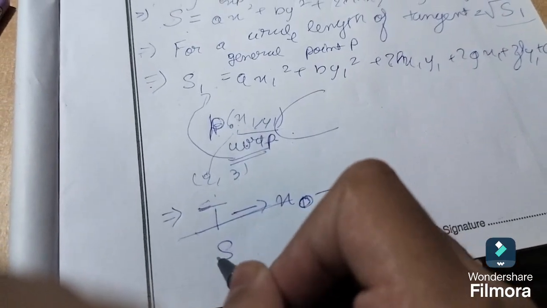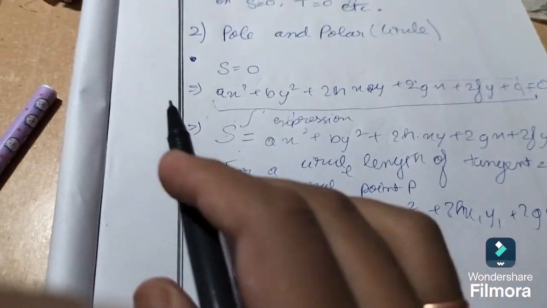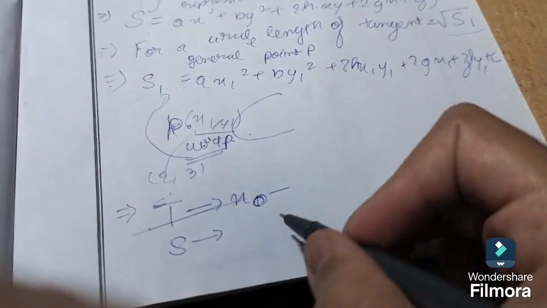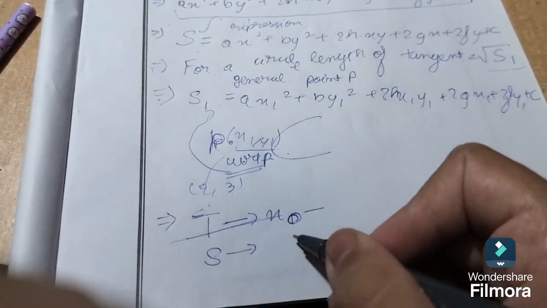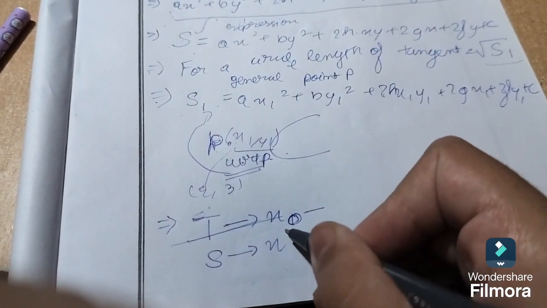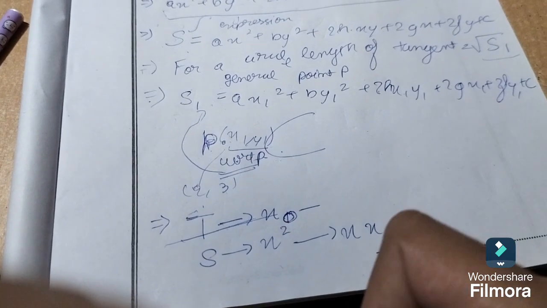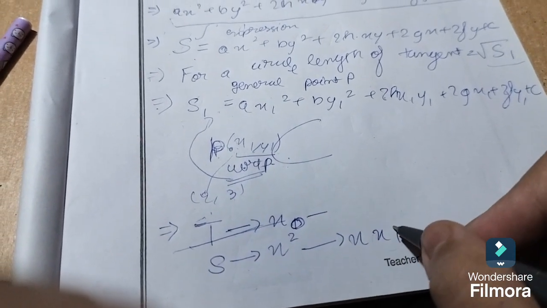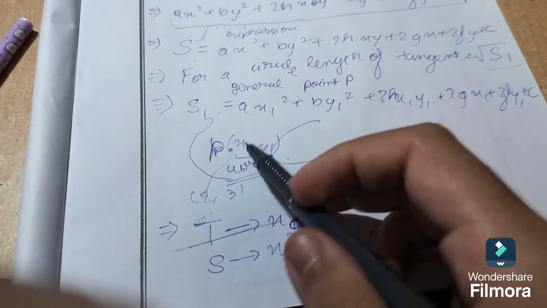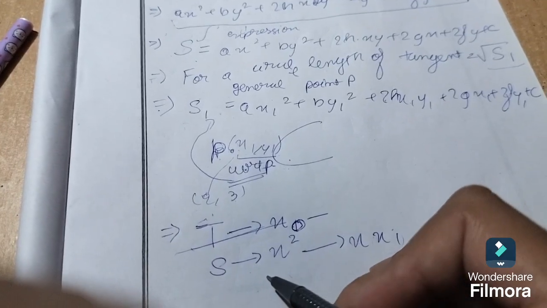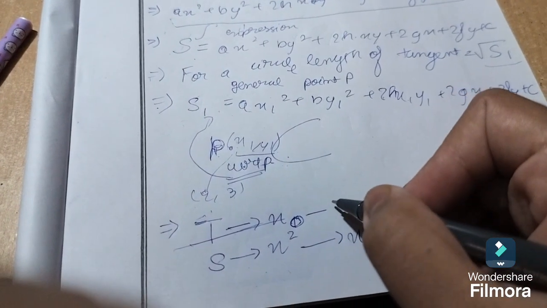So you have S as an expression. Now here you have a term x square, and you replace this by x1. And what is this x1? This x1 is P, right? I have written x1. So with respect to P, basically this is what